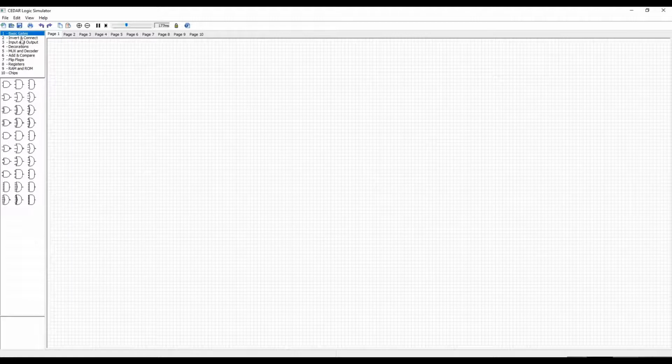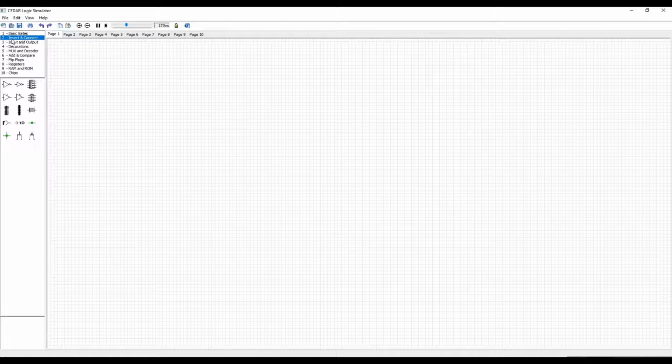And the second panel, which is named Invert and Connect, has inverters and connectors. Here we can see inverters, which means the NOT gates, and there are some advanced inverters and connectors, and these two are connectors that we can use in a simple circuit. In the third panel we can see the important thing, which is input and output. This is the input and this is the output. As the output we use a LED bulb, and as the input we use a toggle switch.